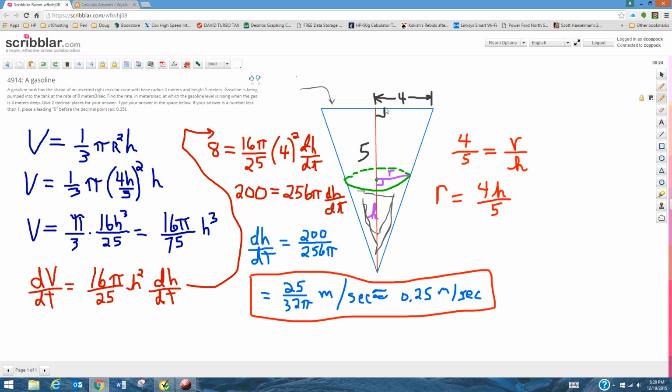Because of the fact that we've got right angles in the triangle. I could call this point A, this point B, and this point C. So triangle ABC is similar to, let's say, PQC